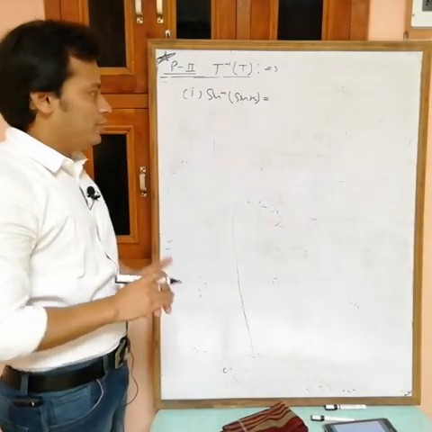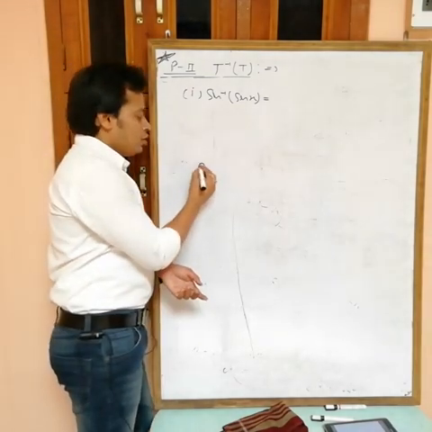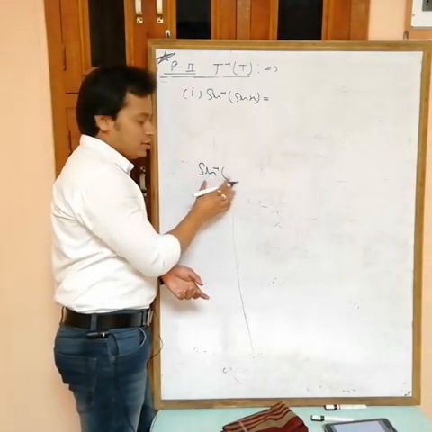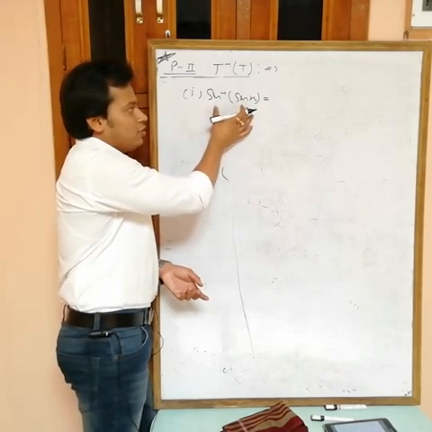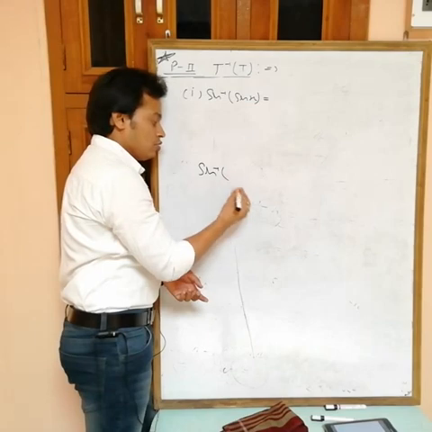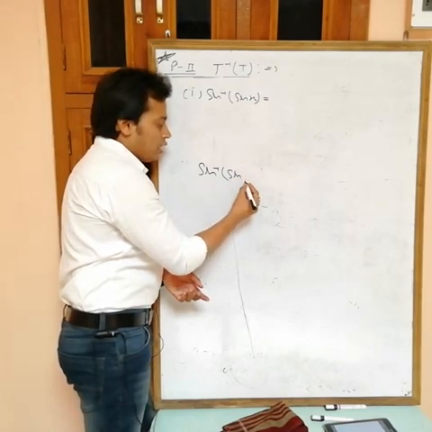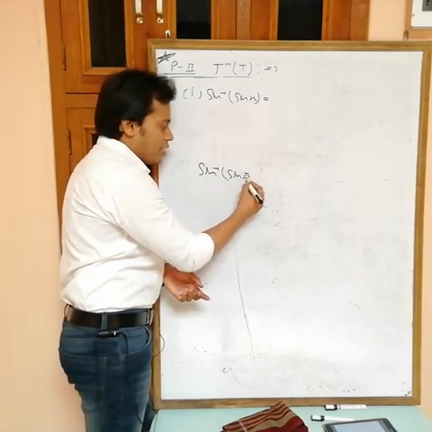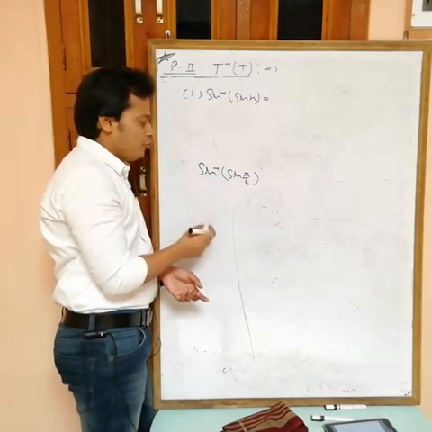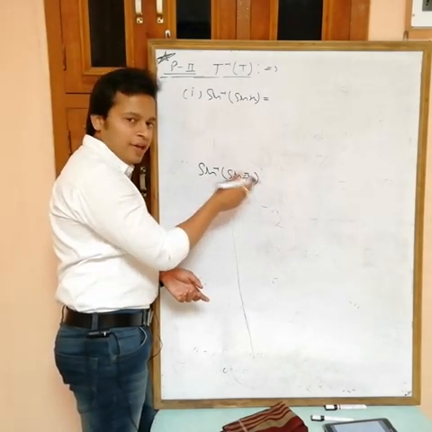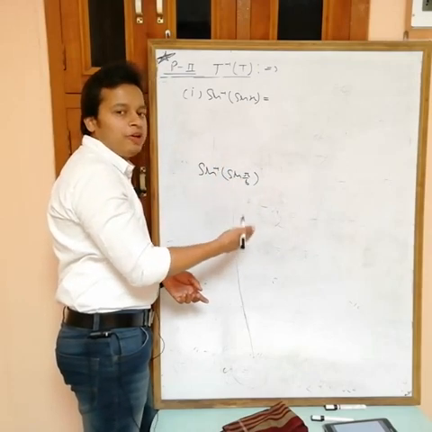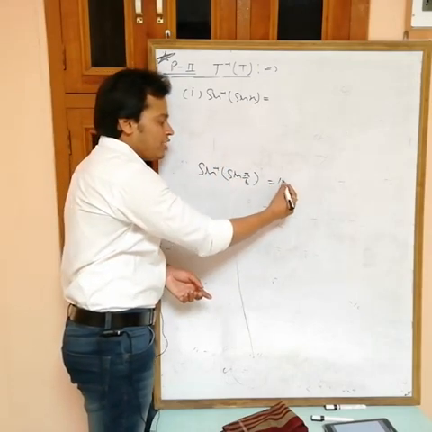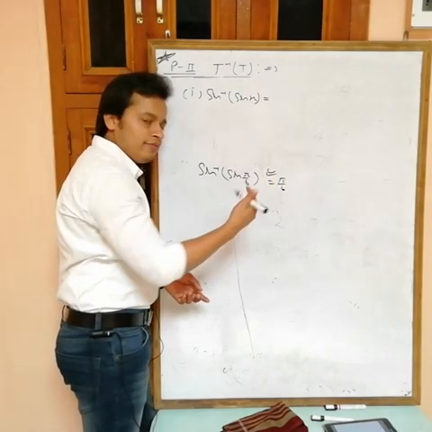Now one thing is clear. Again I am revising, actually this was also done in the previous lecture. We have completed many questions based on sine inverse of sine x. Suppose sine inverse of sine pi by 6. So this is like the form f inverse of f x, so I can say that f inverse and f cancel out. We know f inverse of f x equals x. Then what are we getting? Pi by 6.